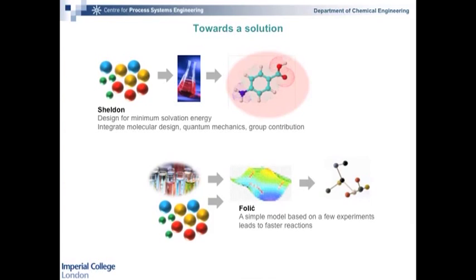Okay, and as I said, this was a very long journey. We knew that we needed to use quantum mechanical calculations, so we just started off by proving the concept that you could use quantum mechanical calculations in molecular design, okay, without getting to the reaction rates. And we wanted to also be able to optimize rates, and what we showed is that you could take a few experimental data points here in different solvents, build a simple model of what was happening, and find a better solvent. Okay, and we somehow needed to combine these two pieces of work here. And so this is what we've done recently.